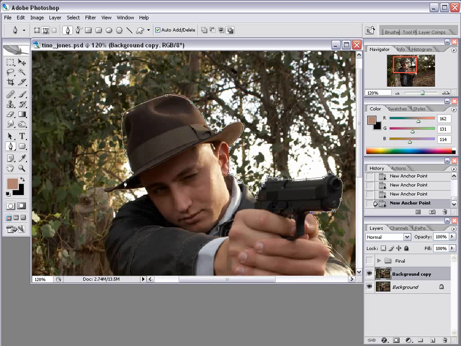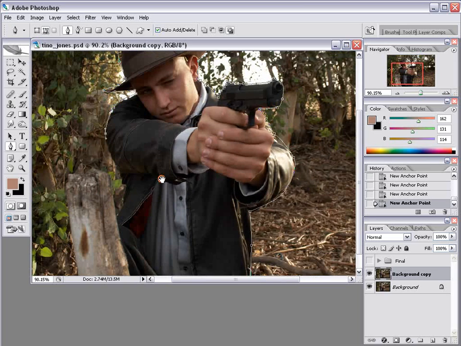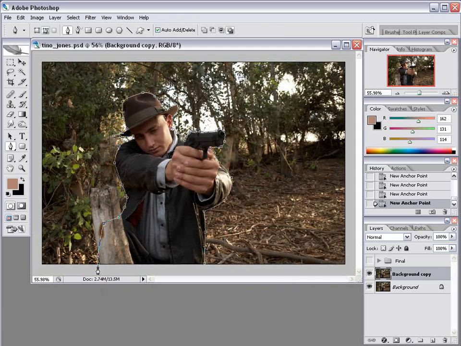Drawing around the hat. And, okay, now we got to this spot. We have his leg right here. We can see part of his leg here, but we have a tree stump. Well, I'm going to just assume that his leg does extend on. And so I'm just going to finish up